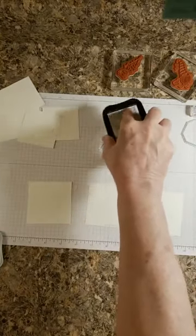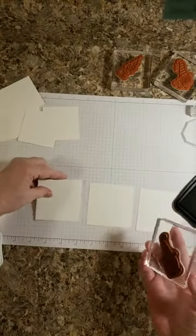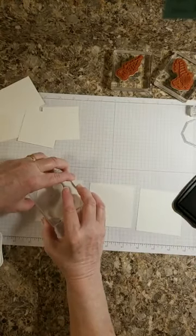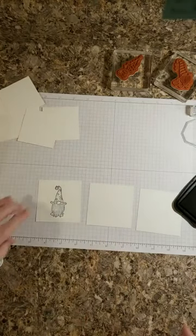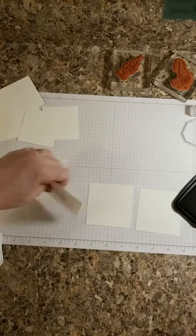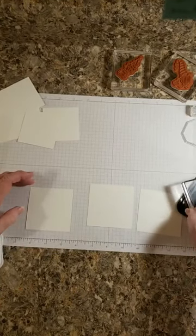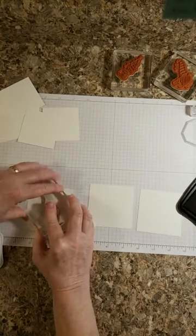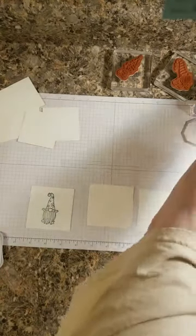I'm going to try and stamp them straight so that when I punch them out, doggone it. Let's flip it over. It's a good thing it's got 2 sides. I'm going to flip it over because I got a little mark. There, that's better. I hadn't even sprayed my...